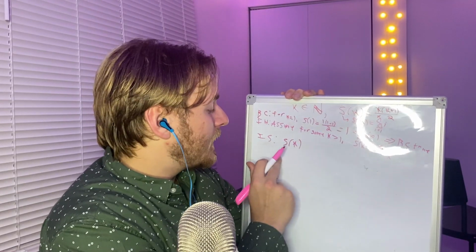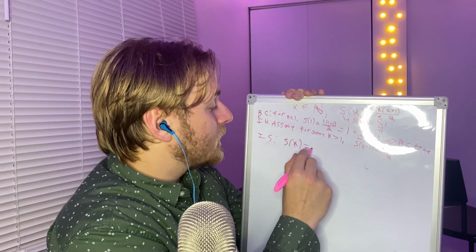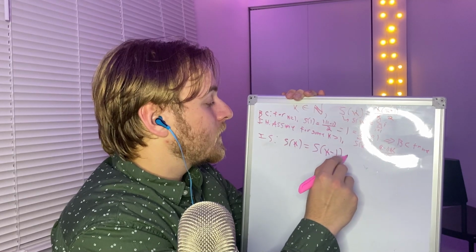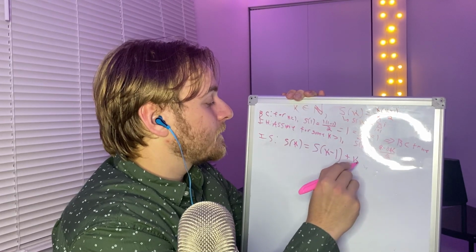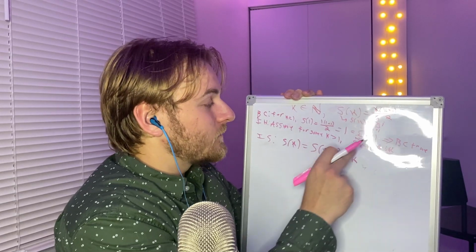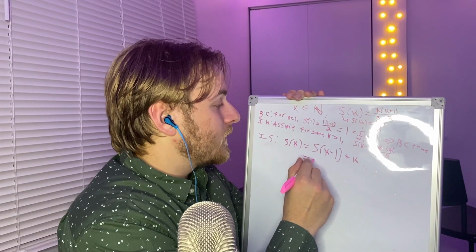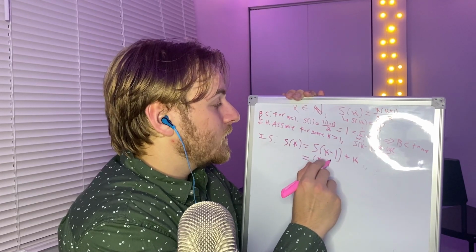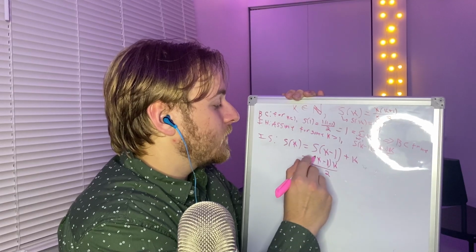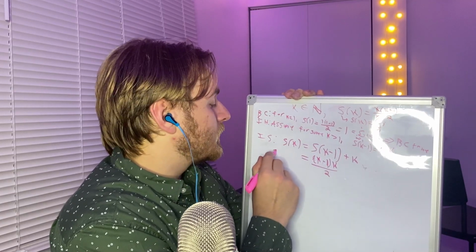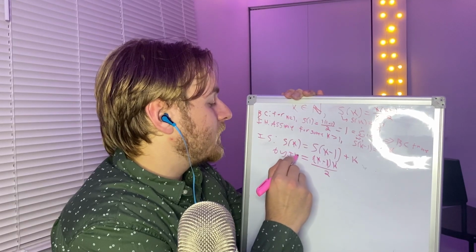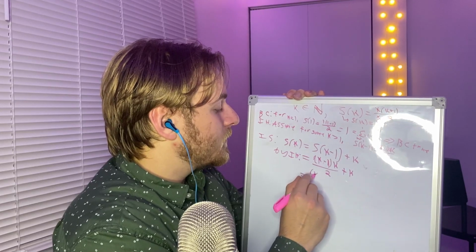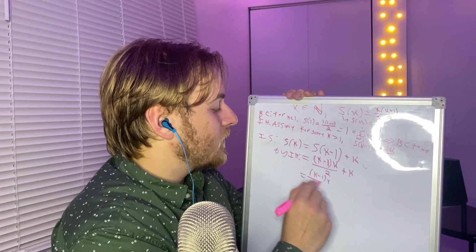So the inductive step is S of k is equal to S of k minus 1 plus k. Now, we already know that S of k minus 1 is equal to k minus 1 times k over 2 by our inductive hypothesis. By our inductive hypothesis, this is true, plus k, which is equal to k minus 1 times k over 2